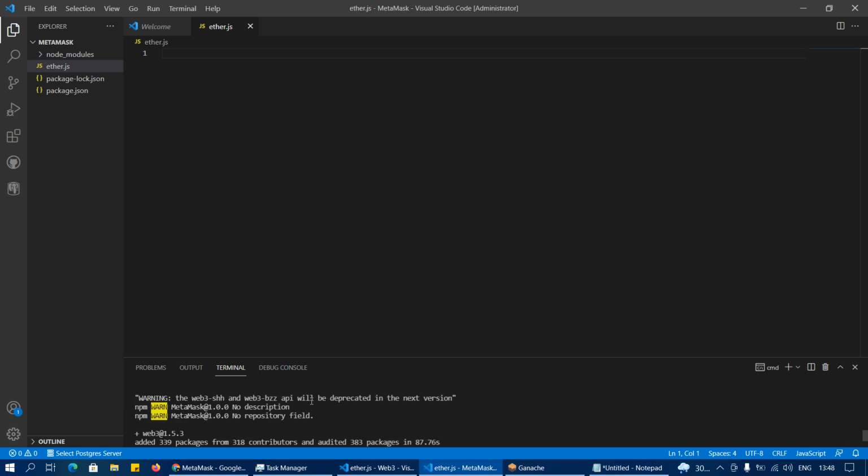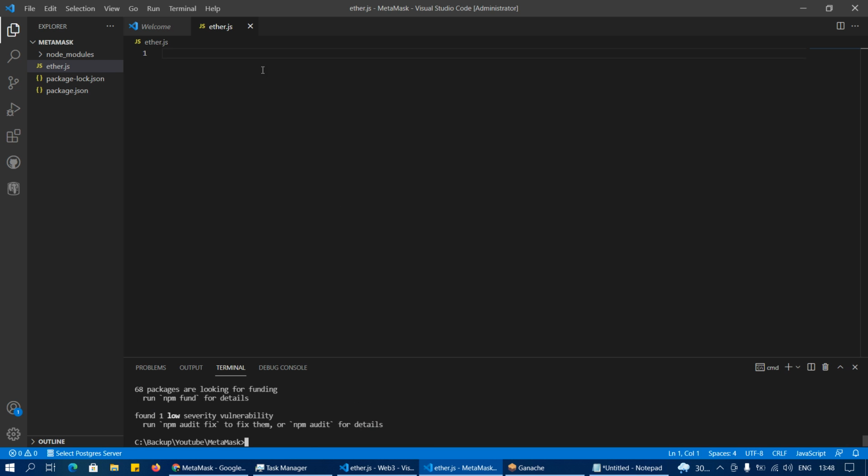It will take some time, because it's a big library, web3 will take a lot of time. But if you compare web3 with ethers, ethers has a lot of functionality. It's easier to use as compared to web3, but both of them are great. Anyways, let's get started. First of all, we will make a constant of ethers,